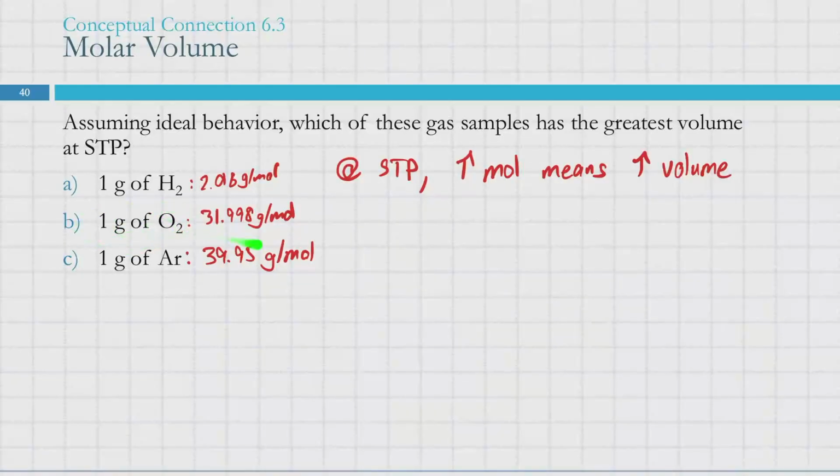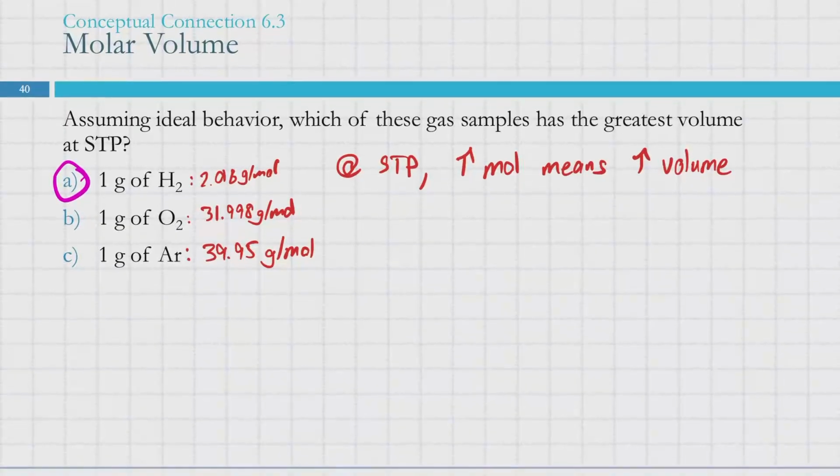If we move up to oxygen, oxygen's way bigger at almost 32 grams per mole. So we're going to be looking at way less than half a mole. And the same thing for argon. It's going to be way less than half a mole. So the one of these that gives us the largest number of moles is H2. And since it gives the largest number of moles, it's going to give us the largest volume. So those are the conceptual connections that you'd hopefully be making